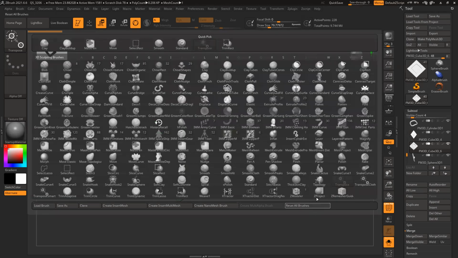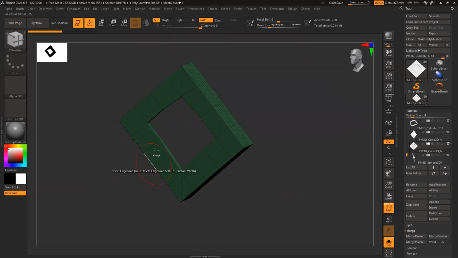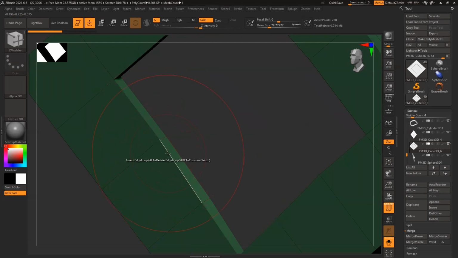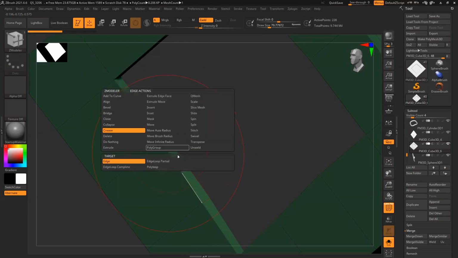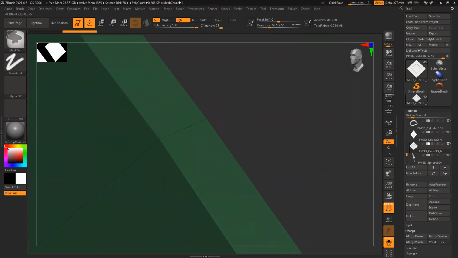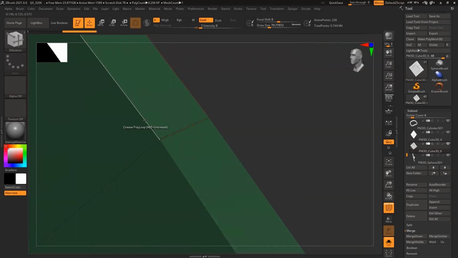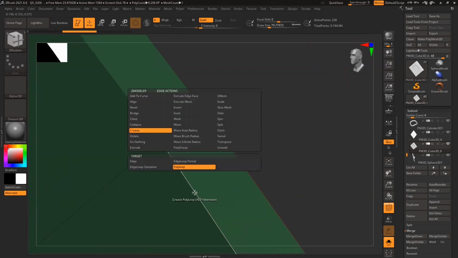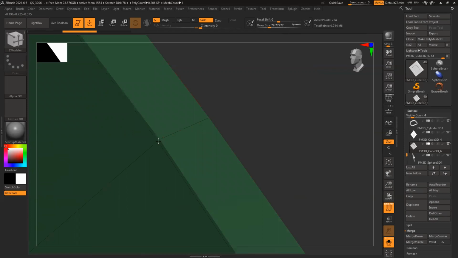I'll go to ZModeler and crease this poly loop. It's not creasing, okay. Insert single loop, just to hold the shape.